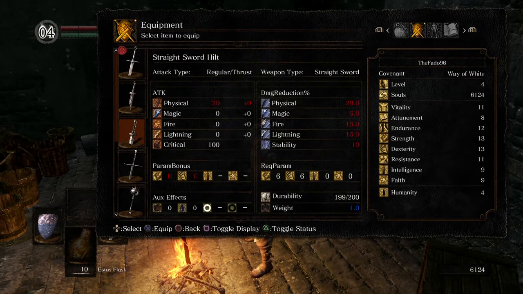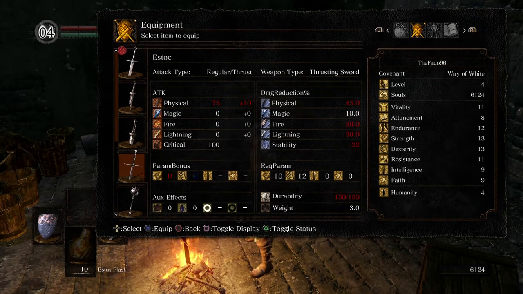This is our starting weapon, the straight sword hilt. So it doesn't really matter too much how high your stats are. It's not going to contribute too much to the damage. This one, for example, is a good example of different weapon scaling. It does have a D in strength, but it has a C in dexterity. So if you want to do more damage with this weapon, you'd rather invest in your dexterity rather than your